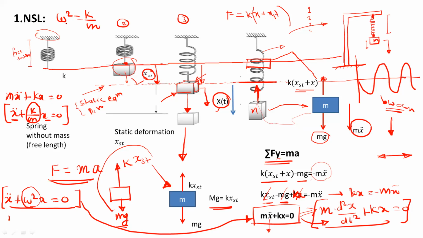And what is omega? Omega will describe this waveform, which is a waveform with constant amplitude, that is called a simple harmonic motion. So this is called the natural frequency. Omega n square is equal to k upon m. And from this we will get omega n is equal to square root k upon m. So this is the equation for natural frequency of a spring mass system. So if you want to find out the natural frequency, just by using this equation you can get the value of omega n. So you should know the value of spring stiffness and the mass attached to the system. So this is how you can derive the equation for natural frequency by using Newton's second law.